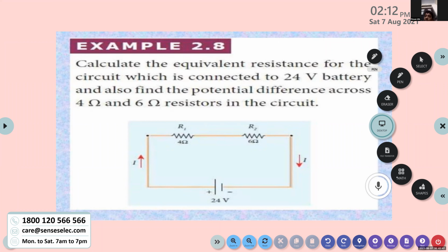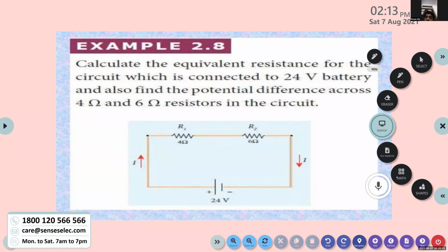Yes, Fizan. Ma'am, yesterday one question, I didn't get it. Which one? After that equation, R is equal to R1 plus R2 plus R3. Yes, that is what we are discussing here. The effective resistance offered by a series combination is high, or the total resistance offered by a series combination is high.